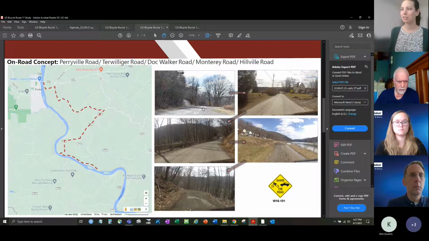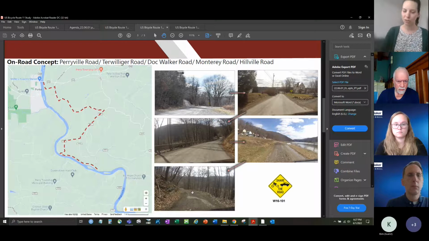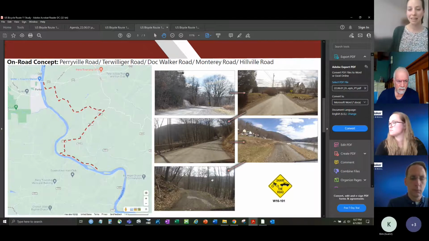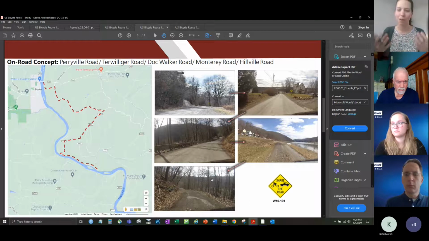On the screen here, this is just at the parking for the Allegheny River Trailhead, and then some images of the roadways along that portion of what we're calling the on-road concept. The plan for this type of on-road routing would be to post share the road signs. The roadways are relatively low traffic volumes, and the speeds are within a realm to accommodate that type of bicycle facility of a share the road